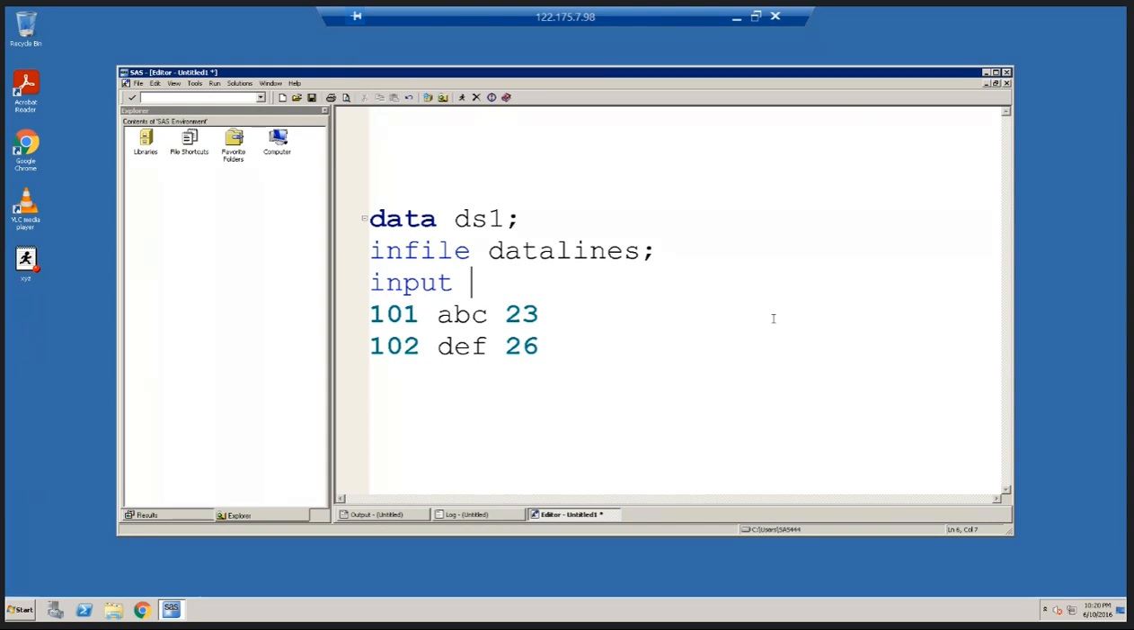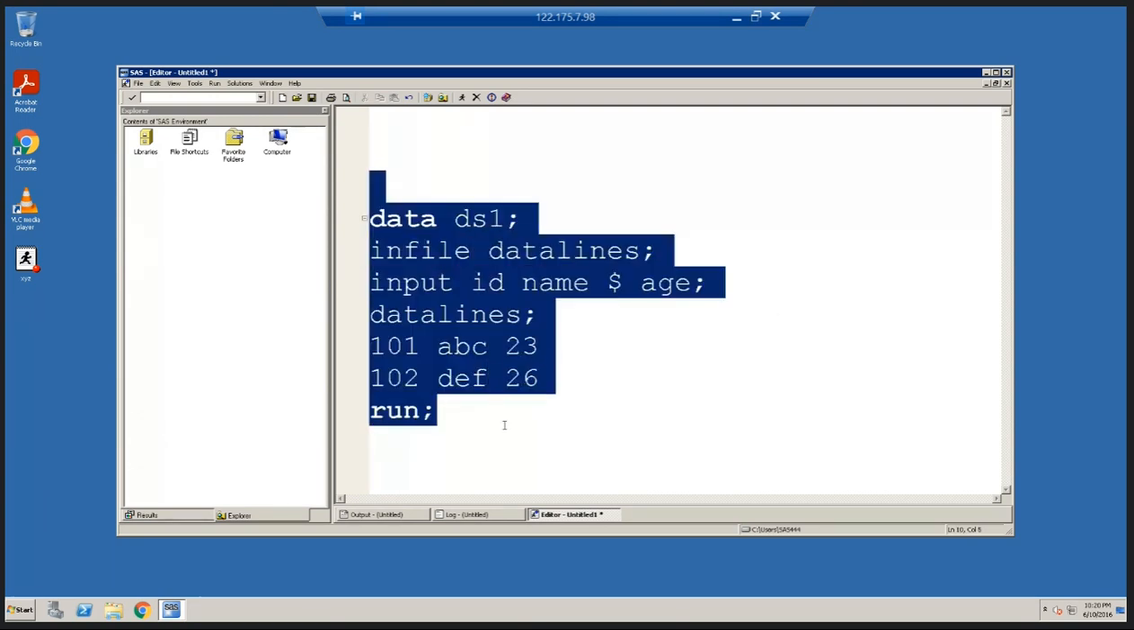In the input, you will write ID, name, dollar symbol, age, and then semicolon. Then you should write datalines semicolon, and then finally run semicolon. Now, if I select the program and execute it, we are going to have a DS1 data